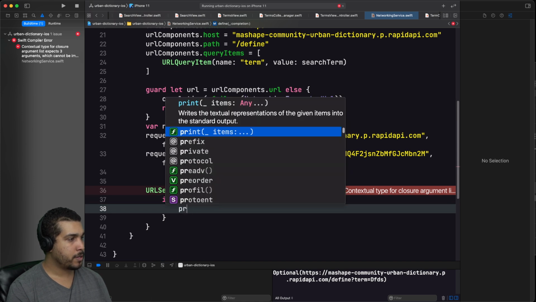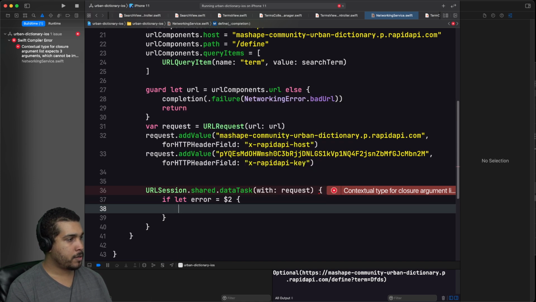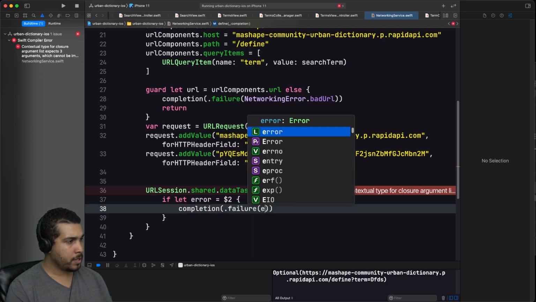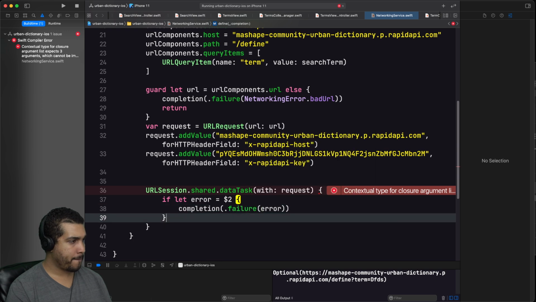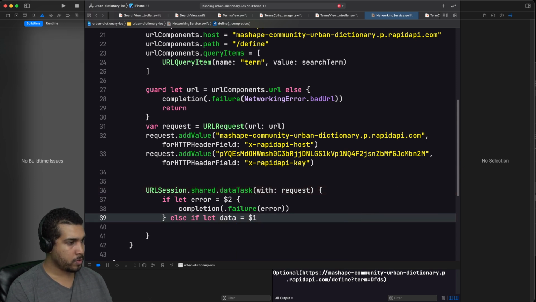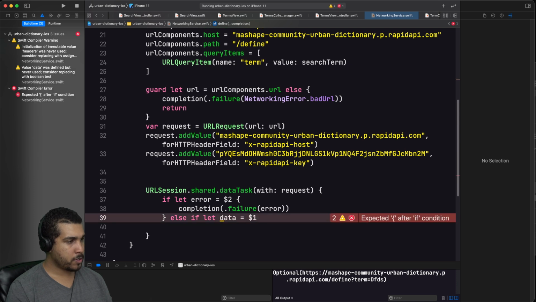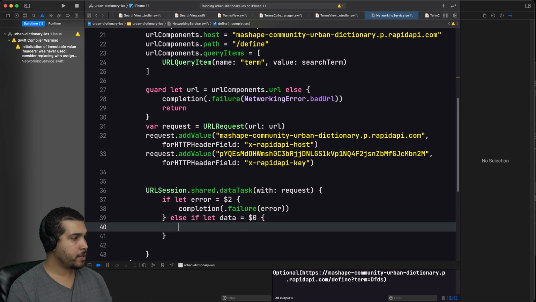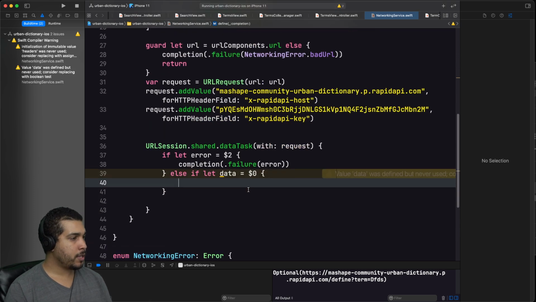Go ahead and completion dot failure. We'll pass in the error. Else if let data is equal to, this is the data right here, we will say